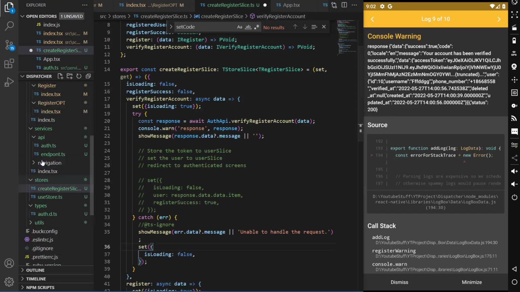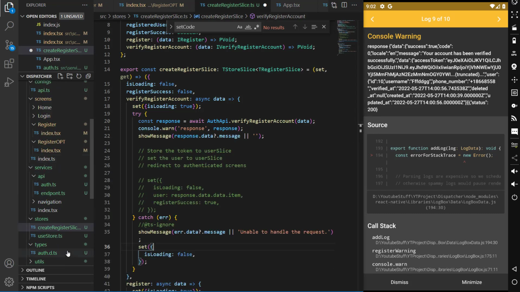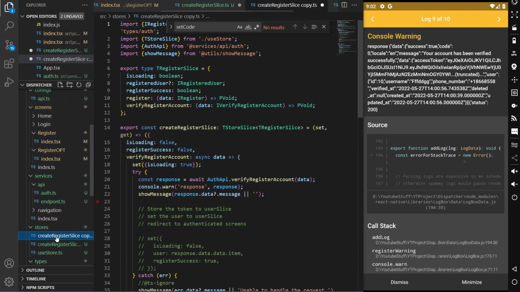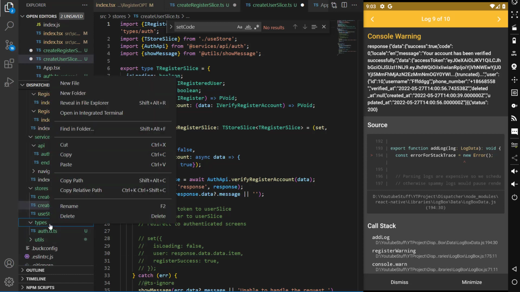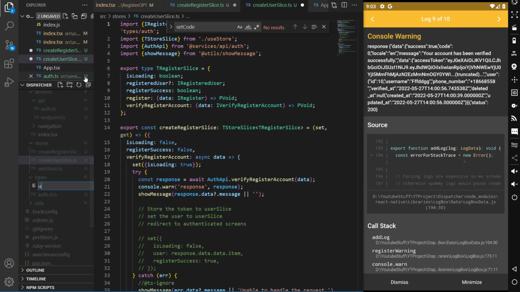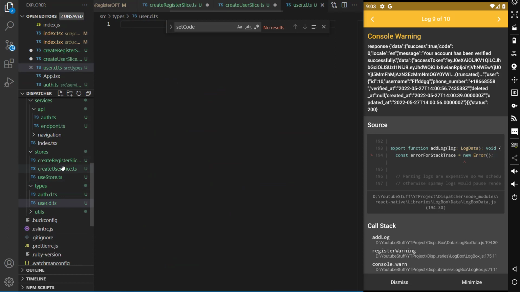And I'm gonna create another slice called user slice, and then this one should have, let's say, user.ts, and then modify one interface